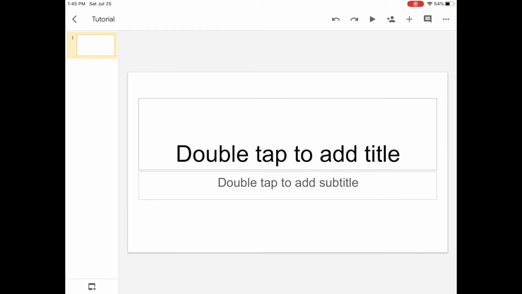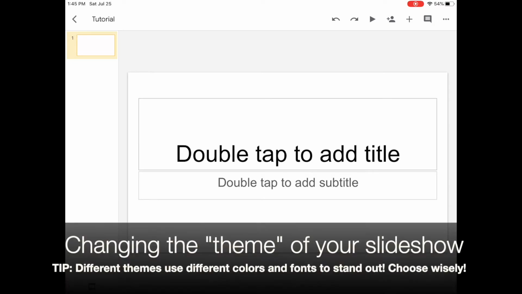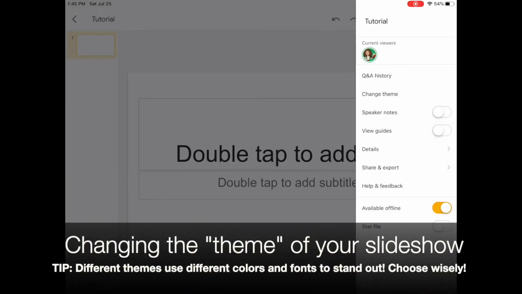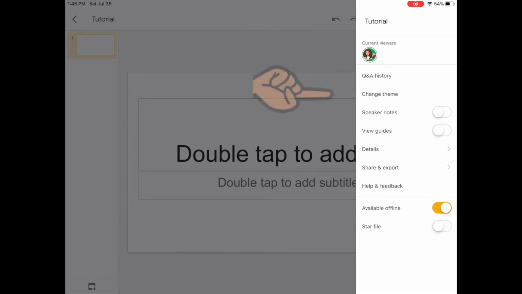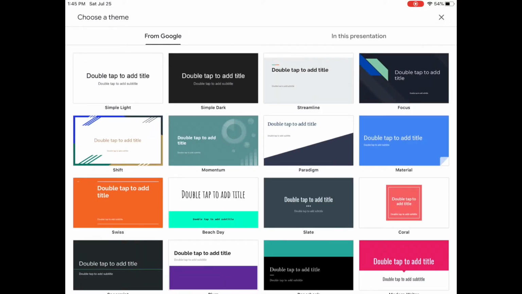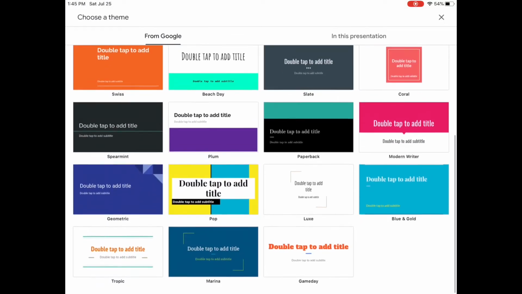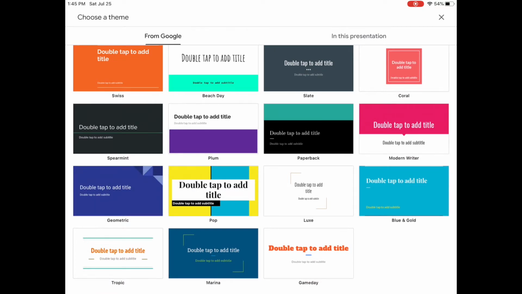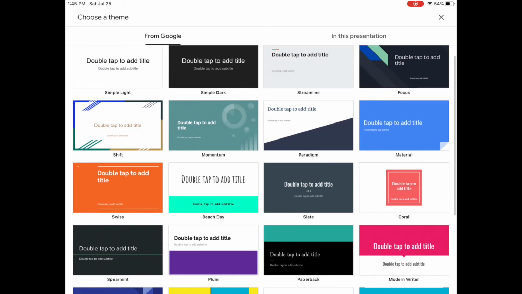However, if you would like to make your slideshow a little bit more unique, you can click around to add a specific theme. To change the theme of your Google slideshow, you will click the button in the top right hand corner. There's a lot of options, but what we're focused on is the change theme option. Once you click change theme, you have tons of options to customize and make your slideshow more exciting. So you can click on one that you think looks interesting, and it'll update all of your slides to match